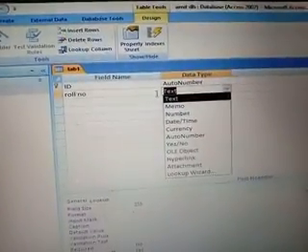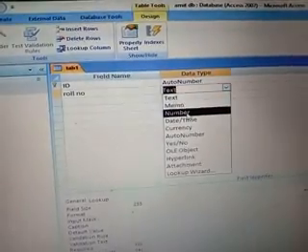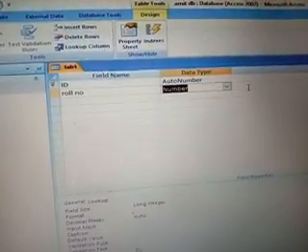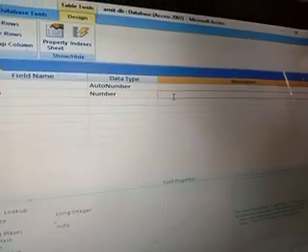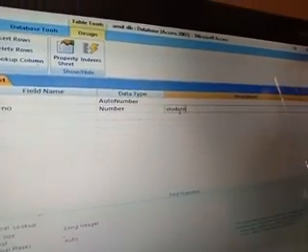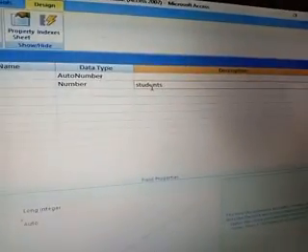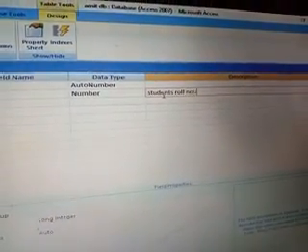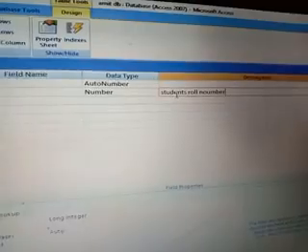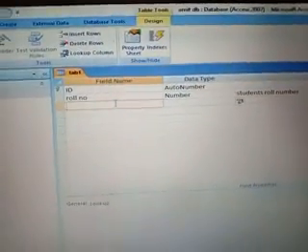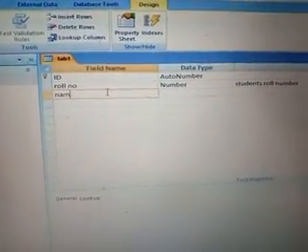Let's see these data types. First of all, roll number. Roll number would be a number, so we take number, and in the description box we write students roll number, so that we could understand what entry we have to do. Let's enter another field, name.